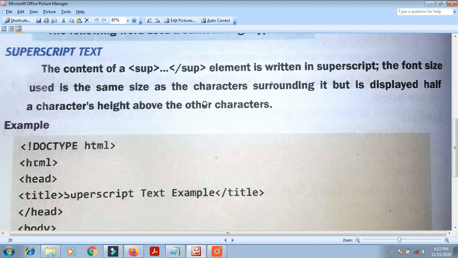The next one, superscript text. We use it when we give the square value of a number. 2 into 2, what is the value? 4. So 2 to the power of 2 is 4. When we give a power, that is called a superscript. The content of the SUP